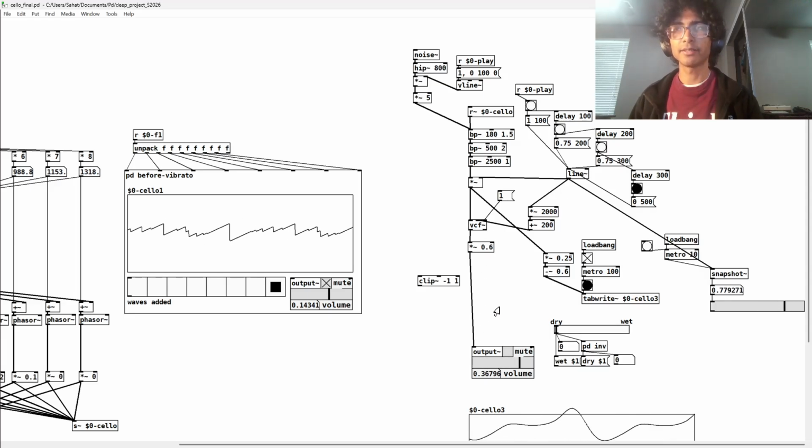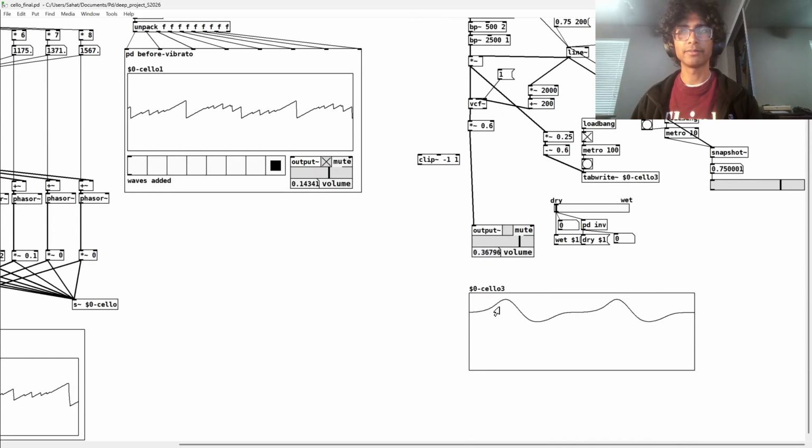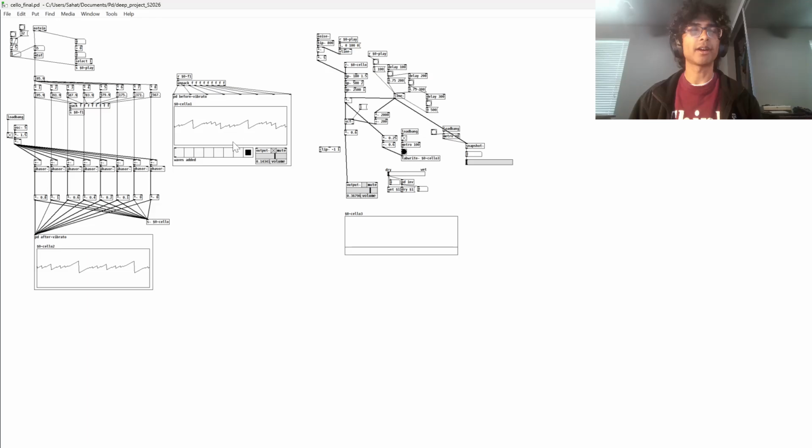And that results in this final waveform. Very cool stuff. Now, there are two main parts that I want to talk about here. The first part is what I mentioned before,